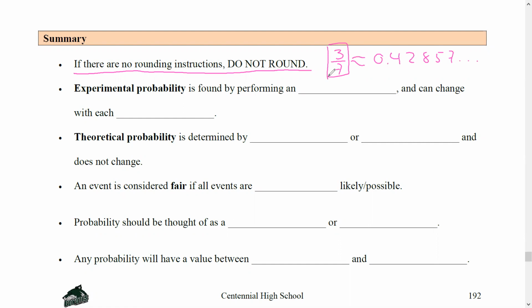If you are going to leave it as a decimal, I want 4 decimal spots. That is important. That popped up on the diploma a couple of years ago, and kids lost some very easy